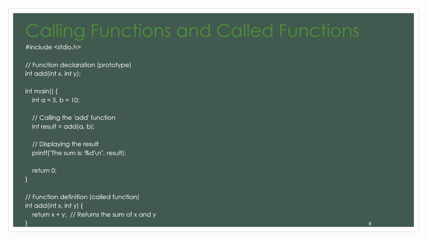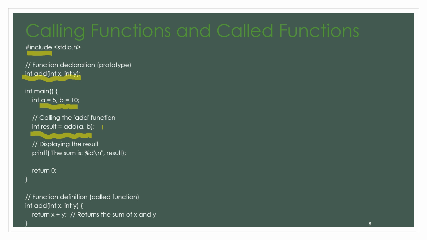Here we include the library files. This is the function declaration. Then we write the main function. Within the main function, we declare two variables, a equal to 5, b equal to 10. Here only we call the function in result equal to add(a, b). So here add(a, b) is the function call. When the function is called,